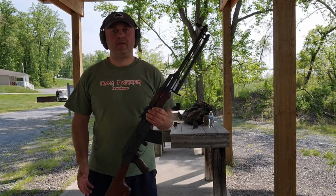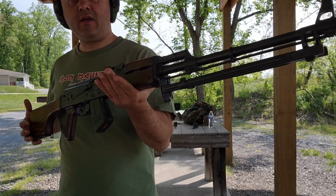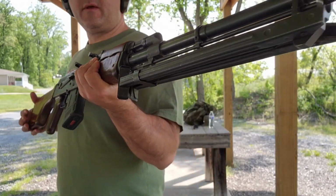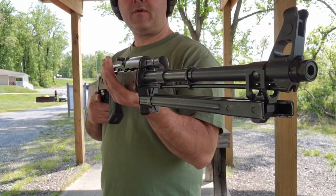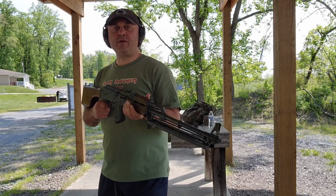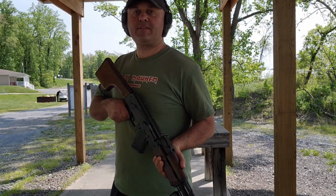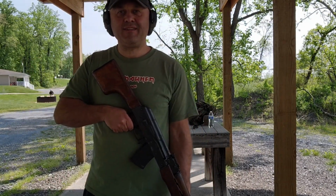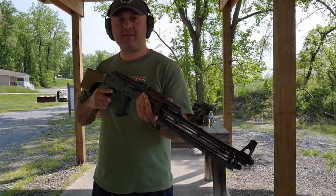So I want to check out the new RPK at the 300-yard steel. I just joined this club. It's got steel at 100, 200, and 300. So I brought the rifle out to see what it can do. I'm not sure I can see that far, but I can at least see 100 and 200. It's very light out, so I'm doing this in the shade so I don't get